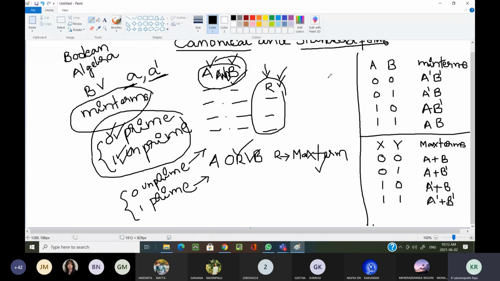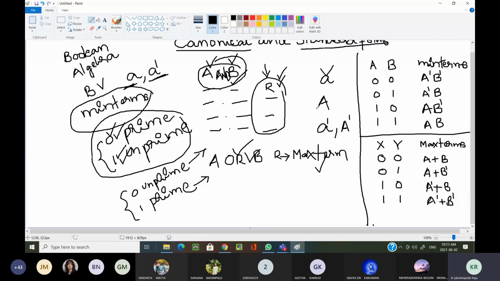Suppose you have taken the example variable as A. Normal form means we are considering it as small a or capital A. Now, or its complement form. How are we representing its complement form? A dash, small a dash or capital A dash. Whatever variable you have taken, you can take the complement form of that particular variable: A dash, X dash, P dash, anything.